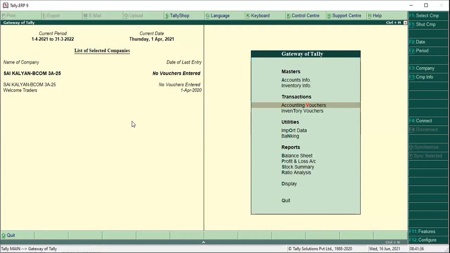If you see the steps, you have to enable GST. Press F11, then enable GST details here. For that you have to collect a GST number. You have to enter the GST number of any other firm. Unless you enter it correctly, it will not show the correct details here.